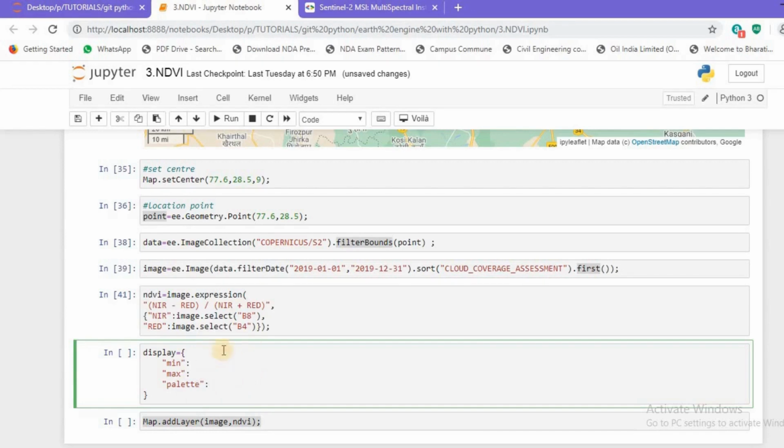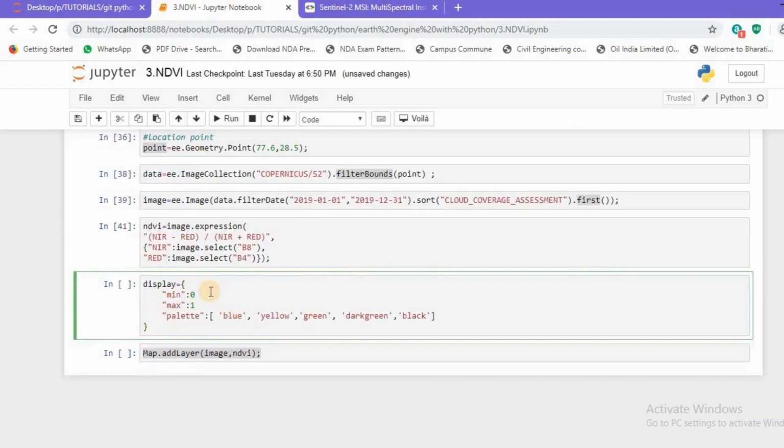Let's move forward. Take the minimum value as 0 and take the maximum value as 1. That is the general trend. For the palette color, we have some predefined notions for the NDVI that we can use here. So that's it. We have blue, yellow, green, dark green and black. You can use your own palette color, it hardly matters. Let's move forward. But before that, just put commas over here because syntax is important.